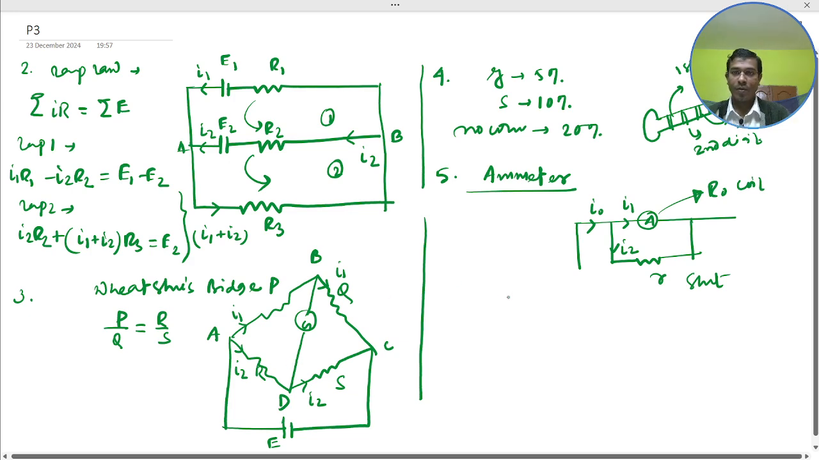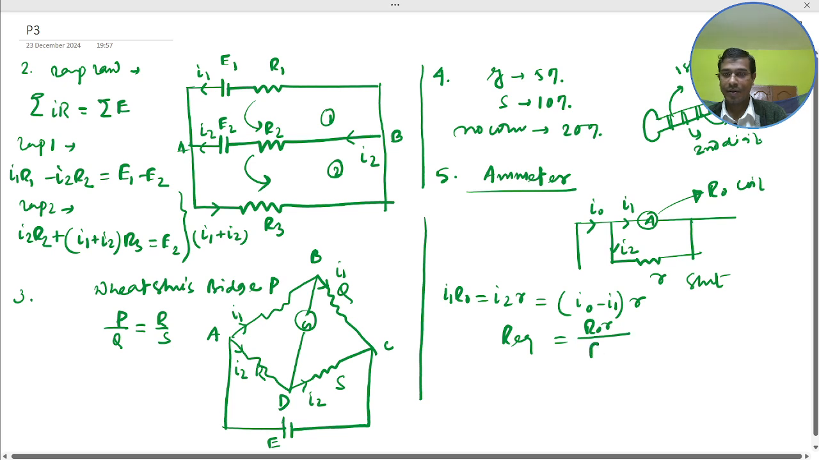So from Kirchhoff's loop law, I1 R0 is equal to I2 R, which is equal to (I0 minus I1) into R. So the equivalent resistance of the ammeter is equal to R0 R divided by R0 plus R. So deflection is proportional to the current in the coil, or deflection is proportional to I1. Deflection of the ammeter is proportional to the current. Next one,